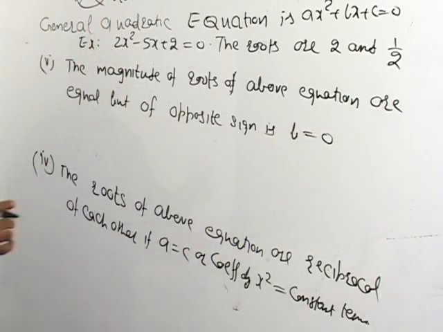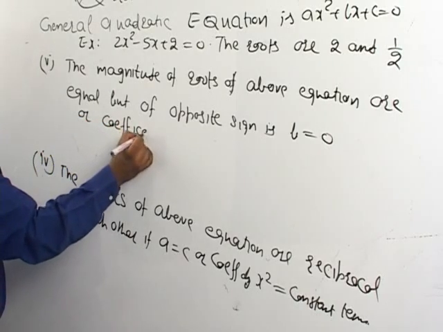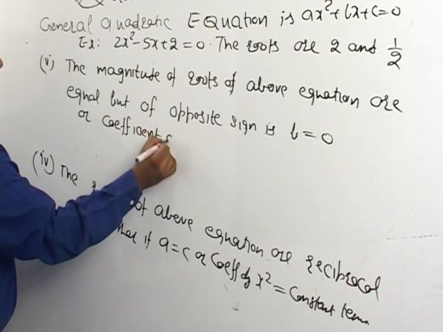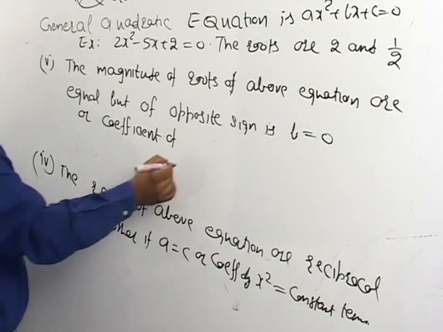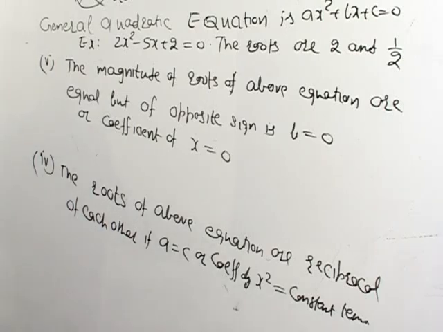B is equal to 0 means the coefficient of x is equal to 0. This is the fifth point,